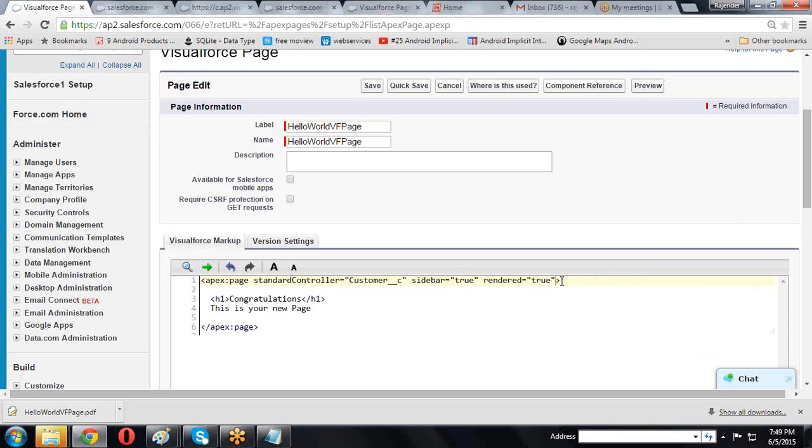Now, title. For your page you can provide the title, My VF page.